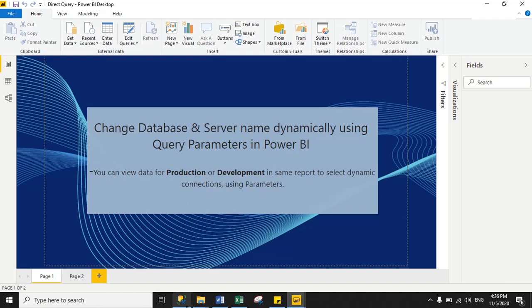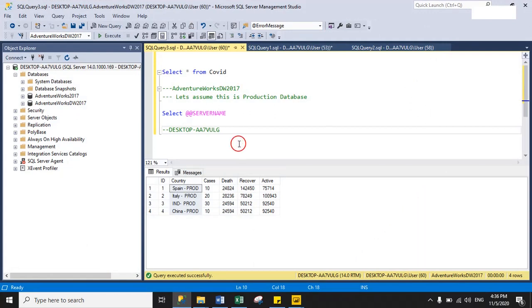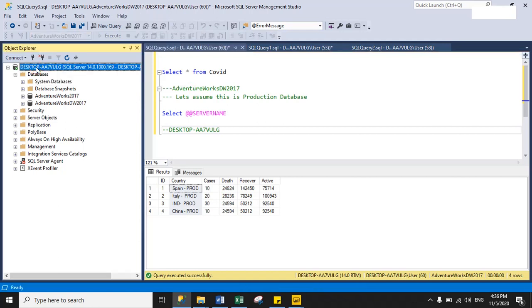So see here, this is my production database details. Let's assume AdventureWorks DW 2017 is my production database name and desktop-AA7VULG is my server name. As you see here on my right-hand side, this is my server name, and under that server I have two databases, one for production and the other for development.